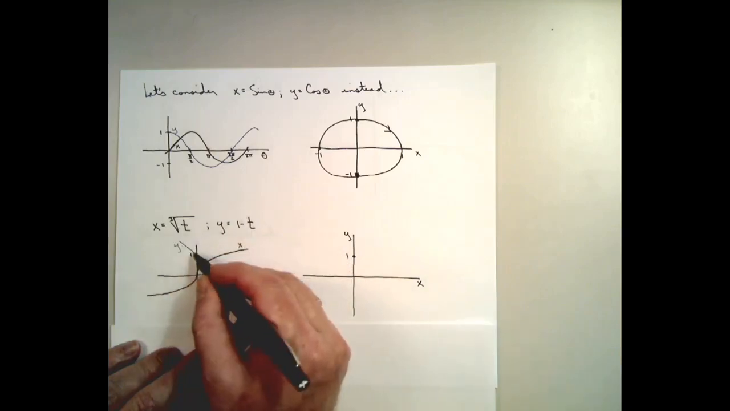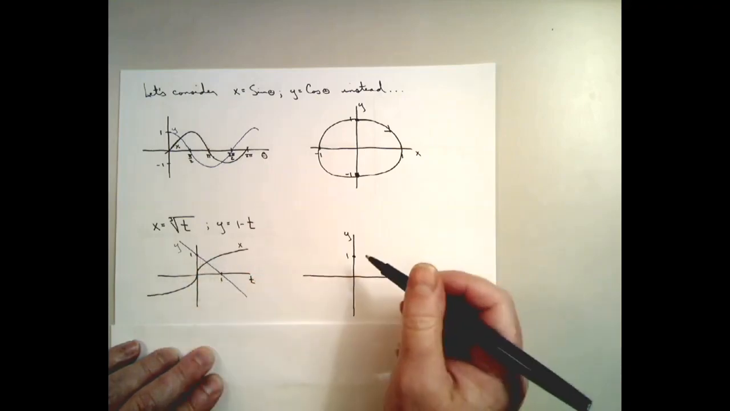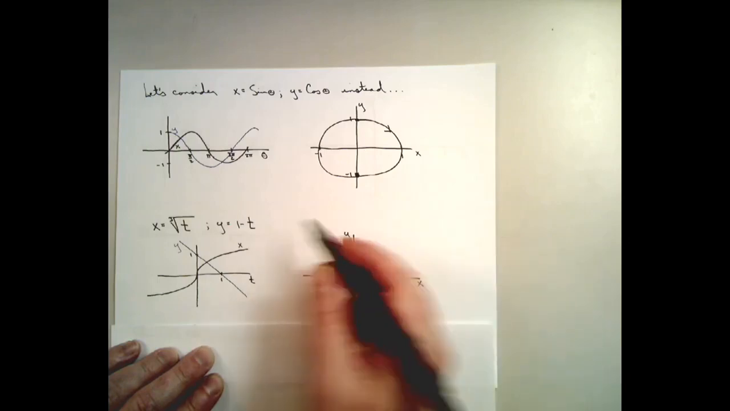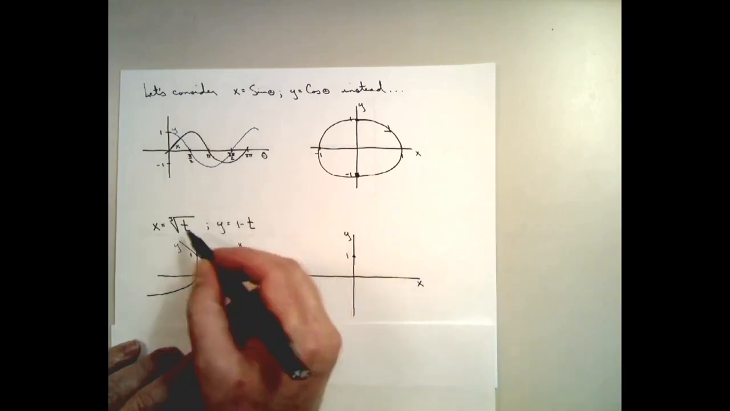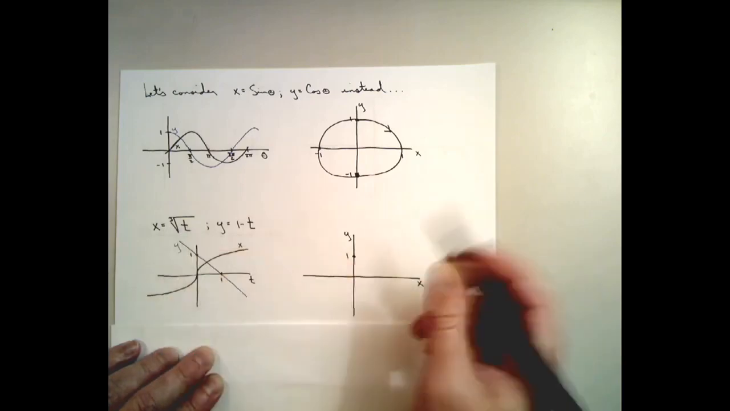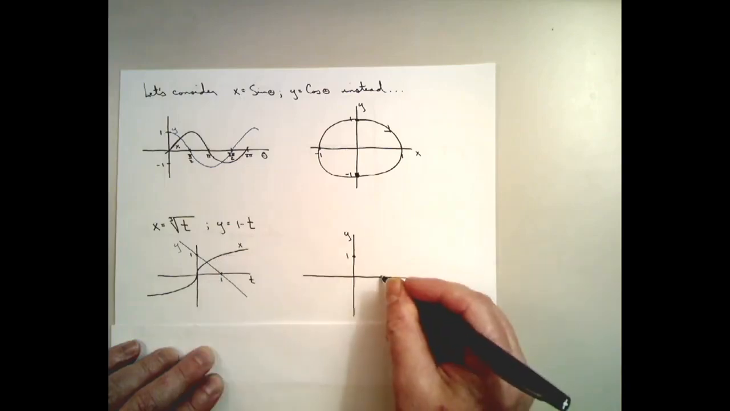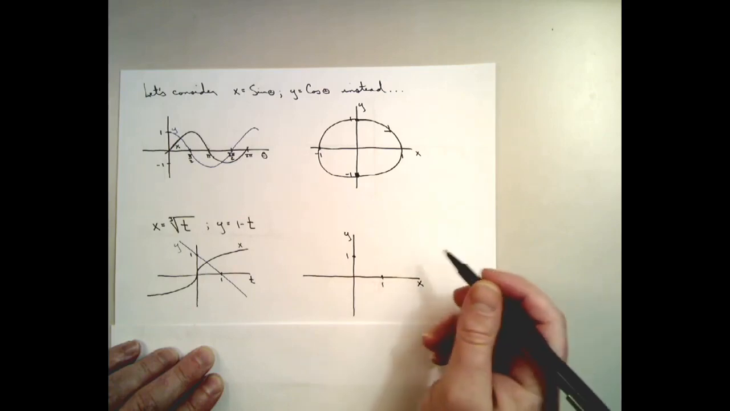Y is going to be decreasing at a constant rate the whole time. So let's see, how are we going to indicate that? x is moving toward, well, whenever the value of t is 1, x is also going to be 1. So we're moving toward x being 1, y being 0. So we're moving toward that point, and